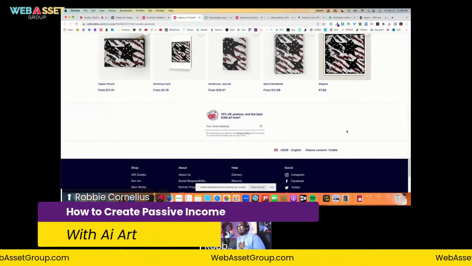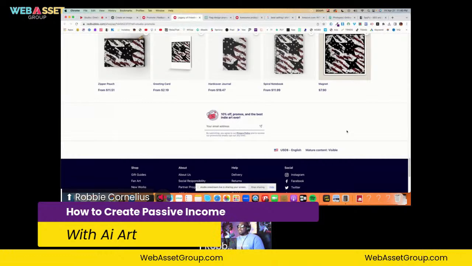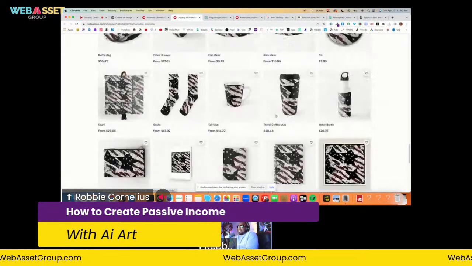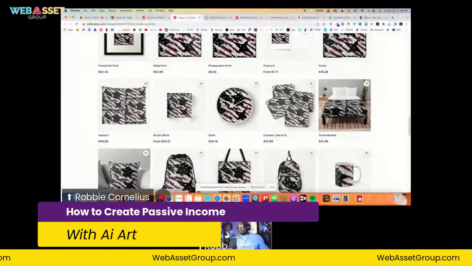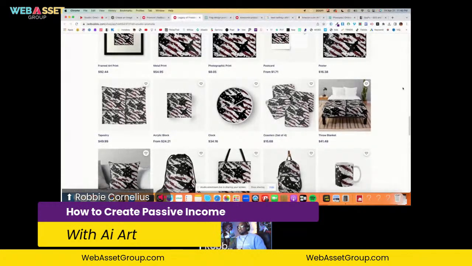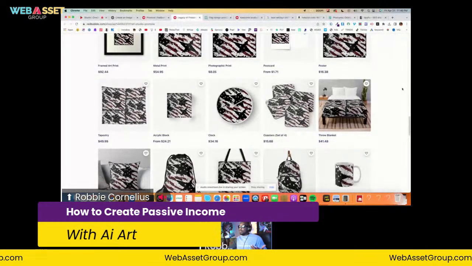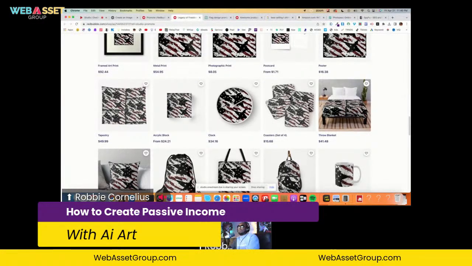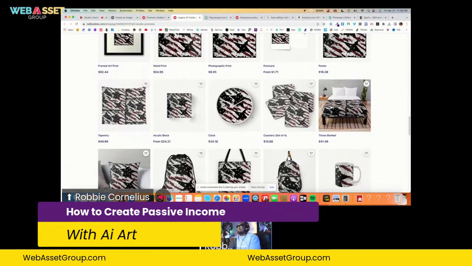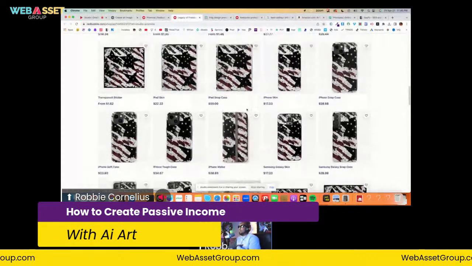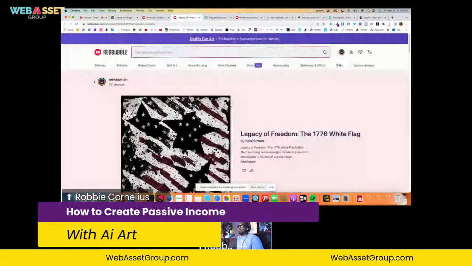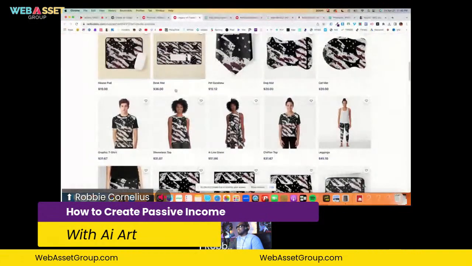I like it better than even Shopify. The reason why is because I can put American flag stuff like that on there and not worry about my account getting shut down, because some of these software companies are biased. You know what I mean? With Launchcart, you don't have to worry about that. But for me right now, because I don't even have time to do that, I just want to. This is just passive income.